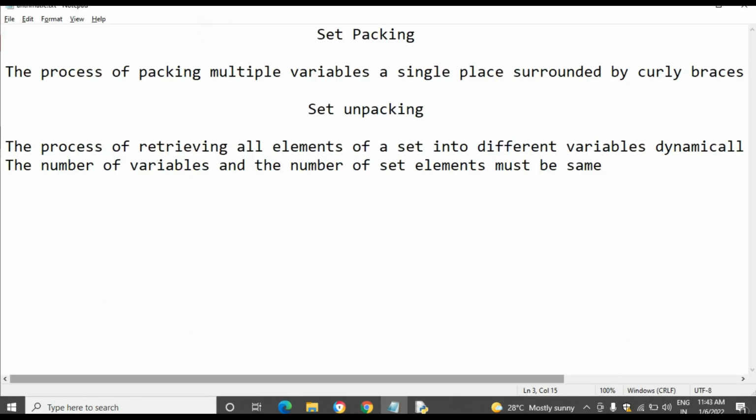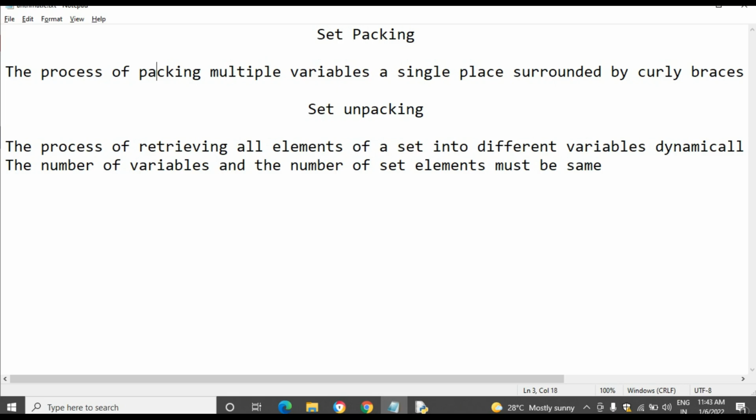Okay, the next one, set unpacking. In the above cases we are grouping all the elements. In this case we are retrieving the group of elements into single values, that means we are unpacking.